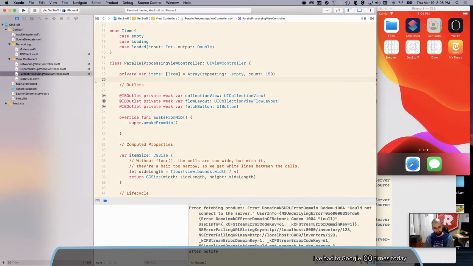And Matt and I were talking about trying to figure out what's a real world example of this. And for real, in almost 6 years of working at an agency, doing a lot of different apps for a lot of different clients, I ran into a case where I actually had to do this one time, maybe 2 times, where we had a giant data dump coming from a server, and then we had to process a bunch of data into a database when it came back from the server, and do that without blocking the UI. And that was it. It took really extreme conditions to even run into a case like this in a real app. So we kind of had to contrive some stuff to make a useful example.